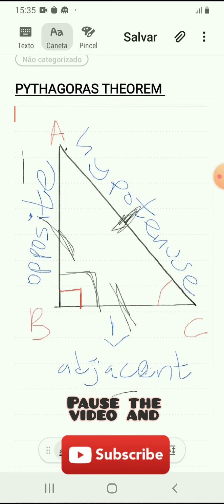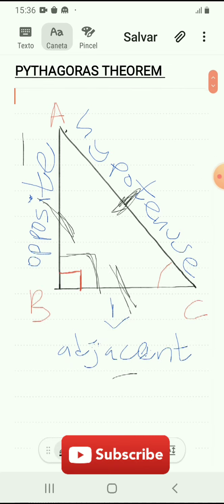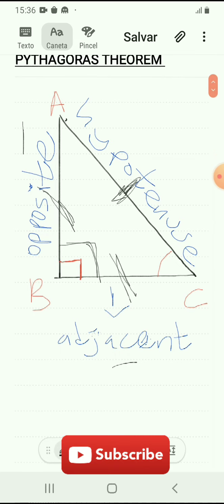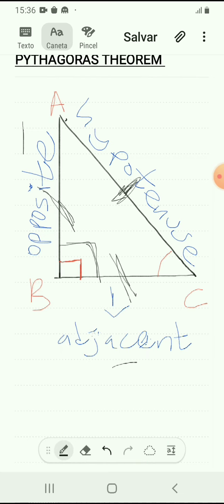So I've seen that most people tend to forget the formula whenever writing an exam, an exercise, right? But today I'm going to explain a very simple way of always remembering the formula, right? So after this, you'll never forget the formula again. So whenever you see a right angled triangle, you should know that the longest side, this side, is equal to the sum of square of these two other sides. So it simply means that